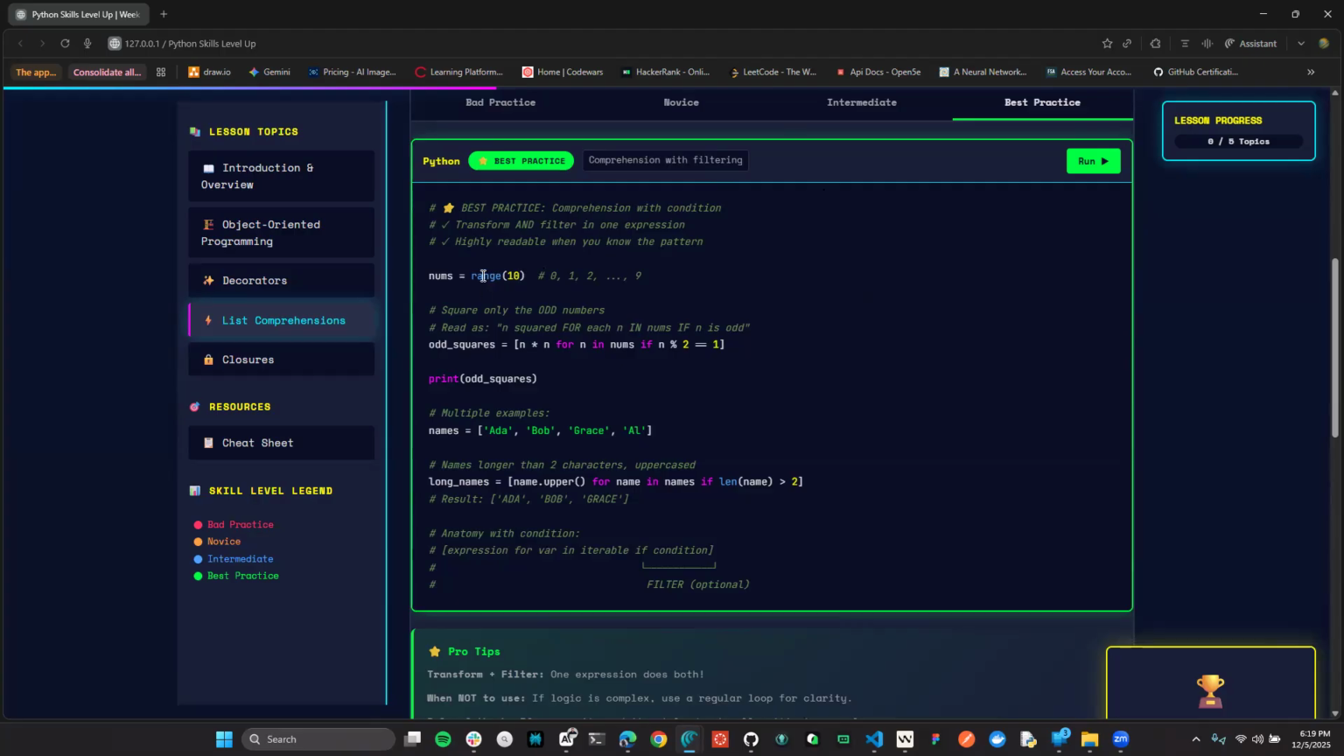So nums, we're going to give it the range of 10, right? So it's going to square. Then we're going to set this up so that we square only the odd numbers. So as you read this, you'll read out n squared for each n in nums if n modulo 2 has a remainder, which means it would be odd. Because if it was 0, we'd know we were dealing with an even number. So this would give you all the odds in your squares. So when you print odd squares,